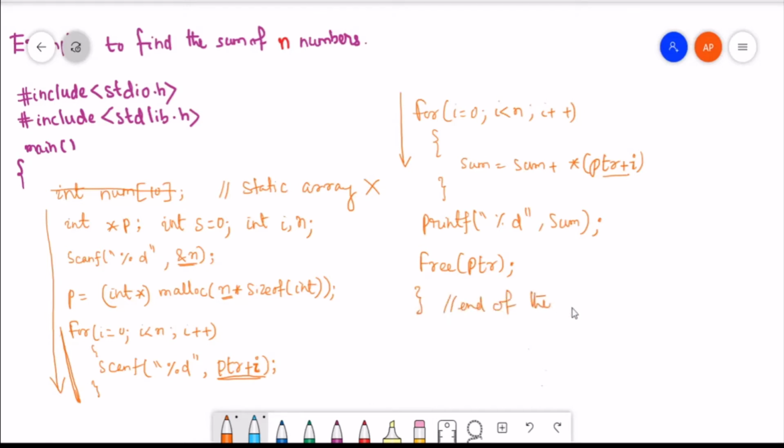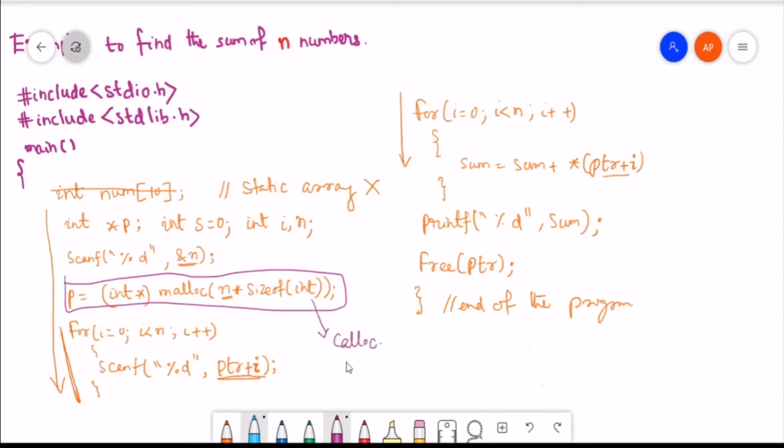Now there is a question: how to make use of calloc function. So you can replace this statement with a calloc function. The calloc function can be used here. So far we have discussed how to use malloc function. Now you can make use of calloc function by replacing this statement. And we also discussed about free function. Now the question is where to use